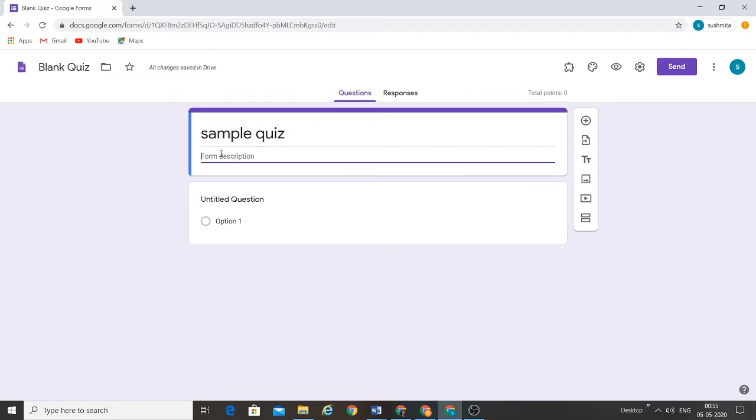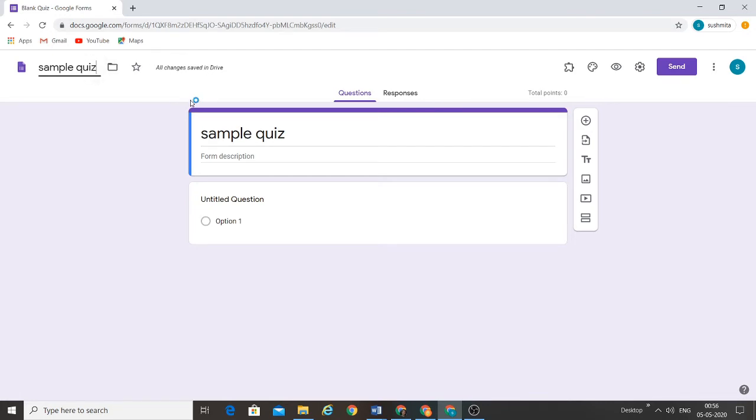We can give a description here as to what the quiz is all about. After we have written the name here, you can click on the left hand side corner and have the name typed too.